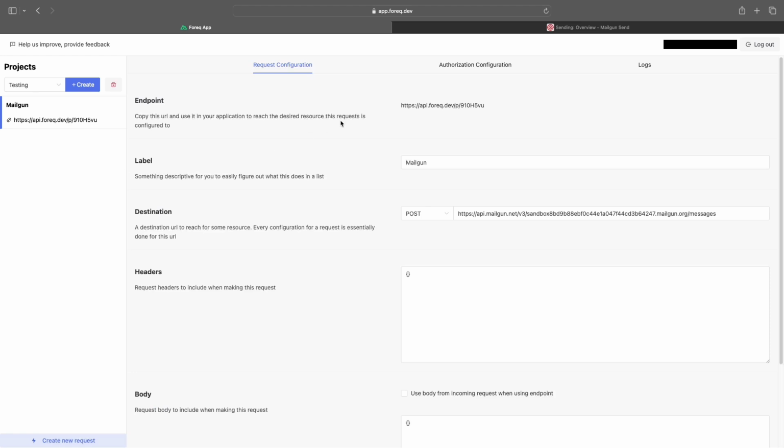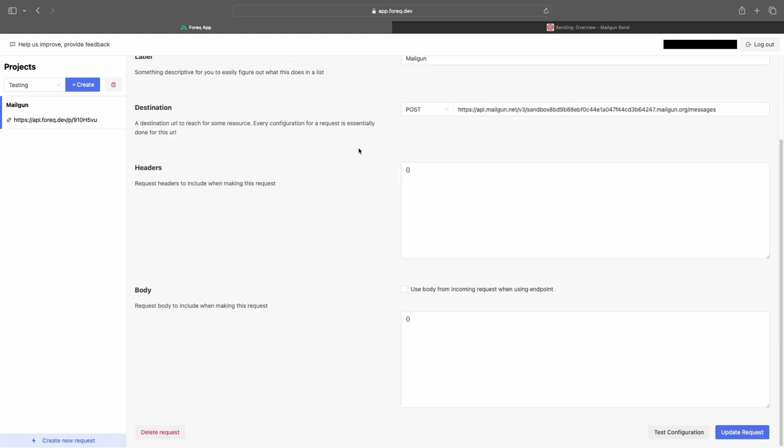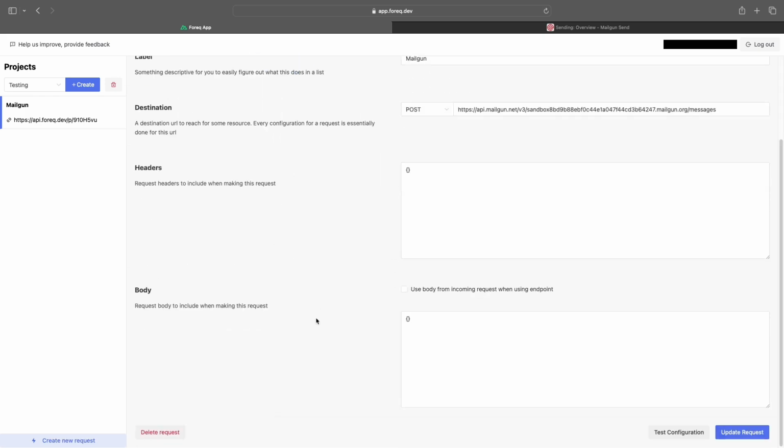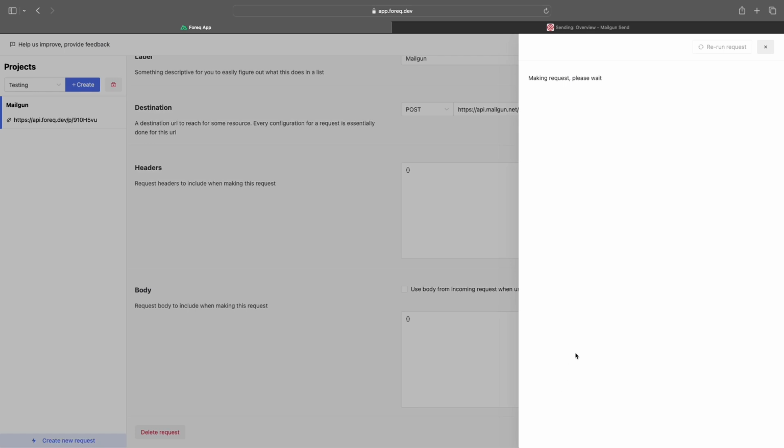And the first important bit of information here is the endpoint. This endpoint, this URL that we see here, is the URL that needs to be used by our clients in order to forward requests to the destination URL, in this case being Mailgun. So right now we can just test out the configuration, and testing the configuration just sends a bare bones request to the destination URL. Bare configurations, well, at least any configuration that has been set up in the project. So here we test out the configuration